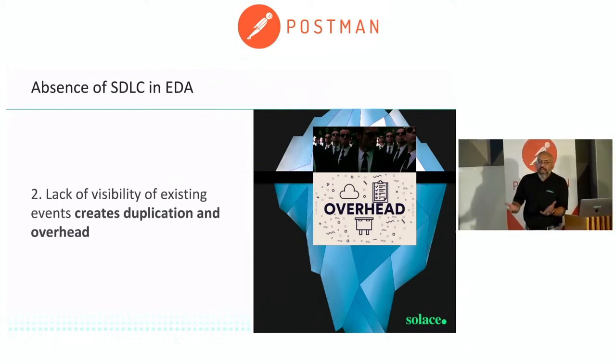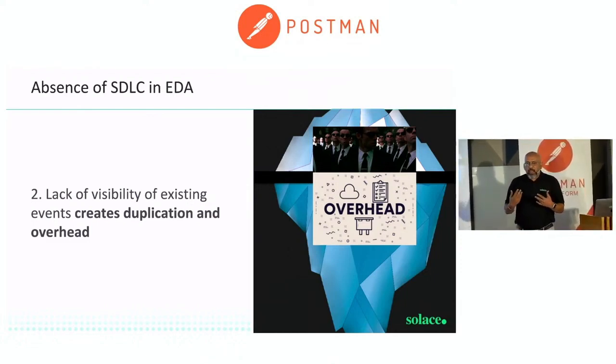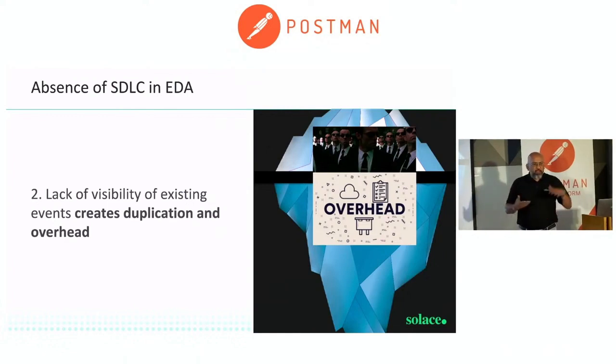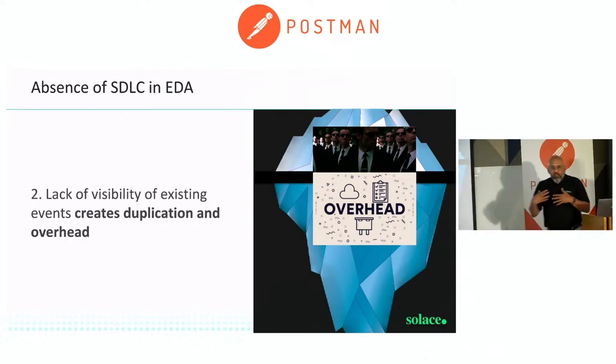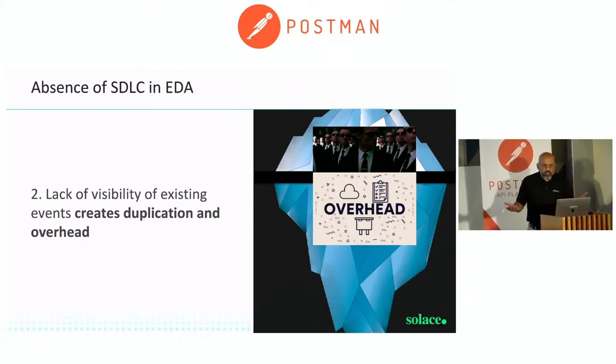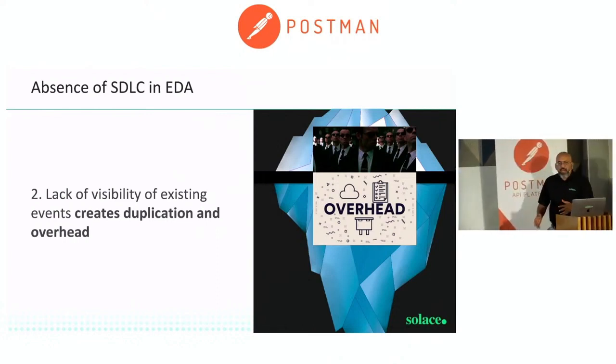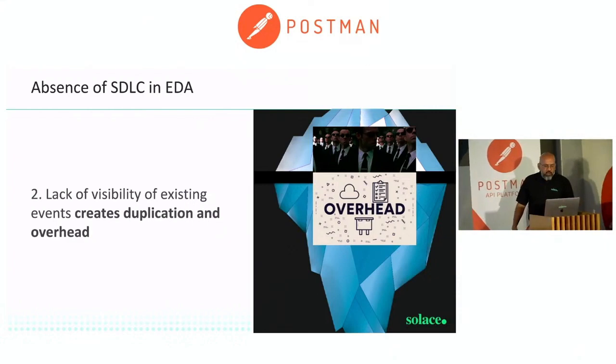And lack of visibility of existing events. I mean, an event is the asset that you work so hard to create, right? If I have a service, say credit card verification, and another team wants it, why do they need to recreate that? It's just a matter of telling them, hey, there is a service, and this is the event that you publish, you get back a response, this is the response, right? So visibility in some form, maybe as a catalog or a repository, a registry, some form of exposure is required. Otherwise, you'll end up creating duplication and the overhead that comes along with that, right?